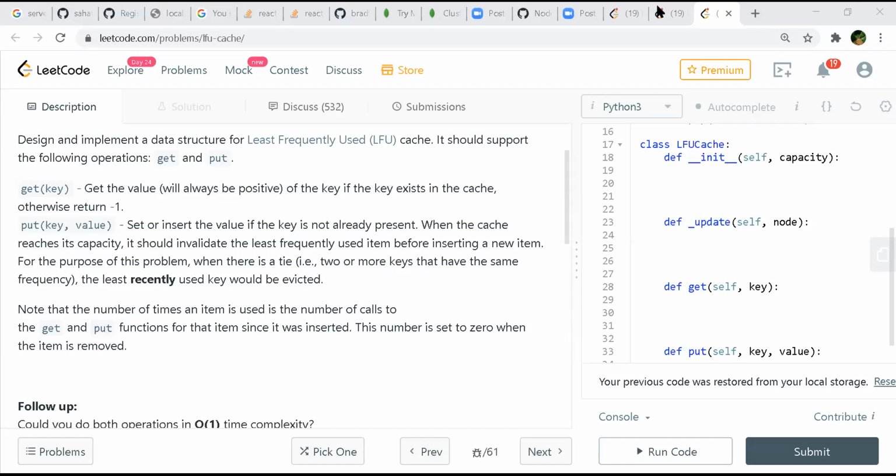When it comes to operations of O of one, I usually think of something like an unordered map. But the main thing is you have to find the least frequently used. For that, we might use an unordered map so we can maintain a frequency for each and every key.